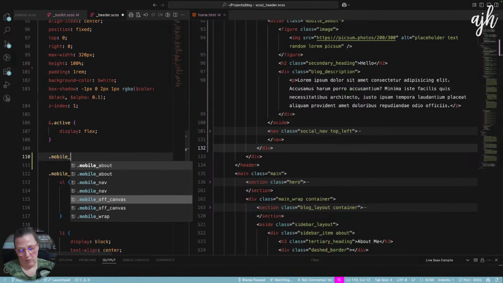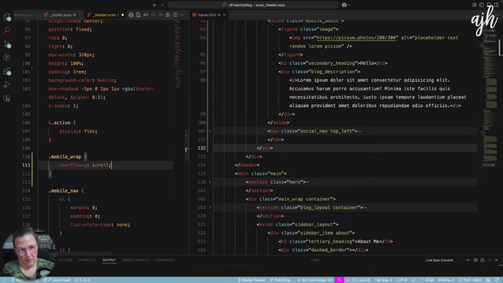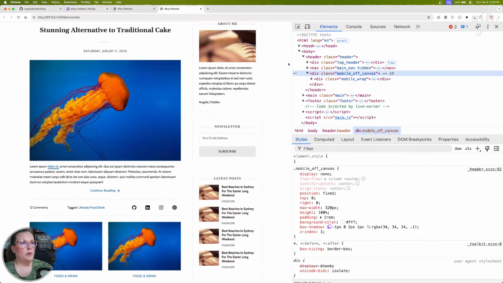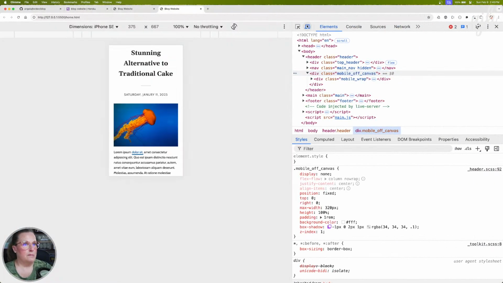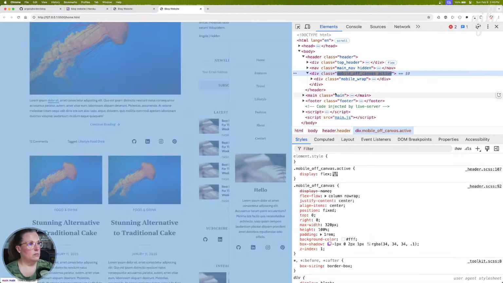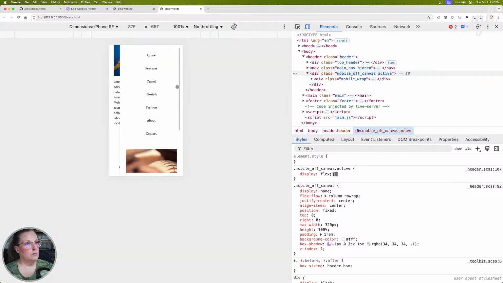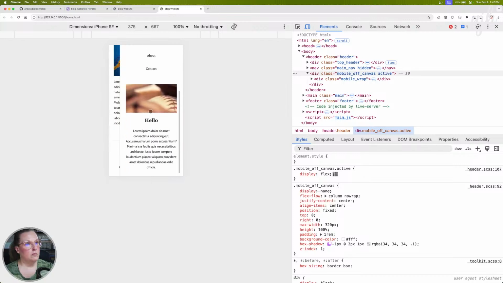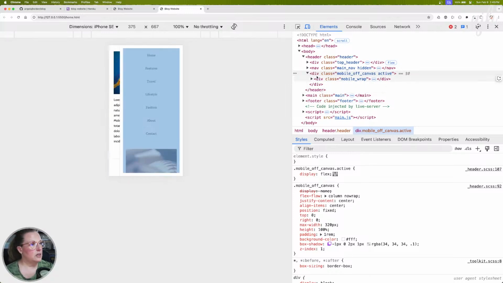So this is the mobile wrap. I don't know if we have to put a height on that. We're still losing our navigation, but we can see